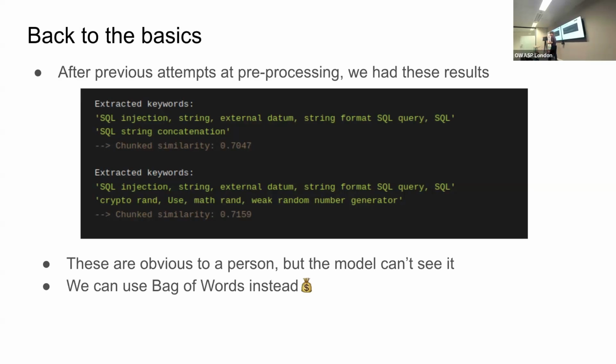One example is bag of words. So here we can literally count the number of times we see each individual word. We can go SQL injection, we can see SQL a few times, and this has it. And this doesn't have SQL at all. So the more similarity between the words, the more they match. And then we can weight it as well by how important the word is across the corpus. If every single description says vulnerability, that's probably not an important word. If only a couple of the descriptions say SQL, that probably is a very important word. So with a little bit of maths, we can work out how